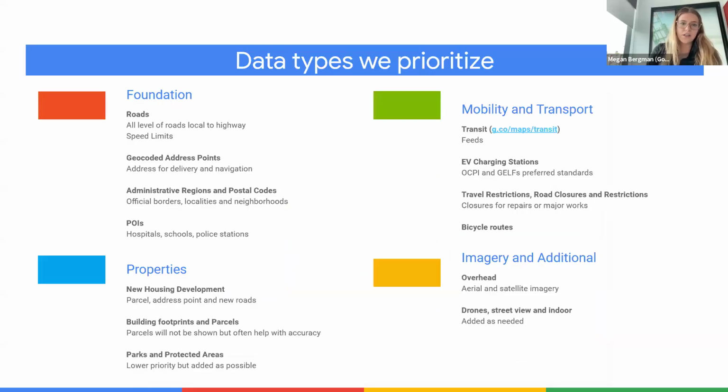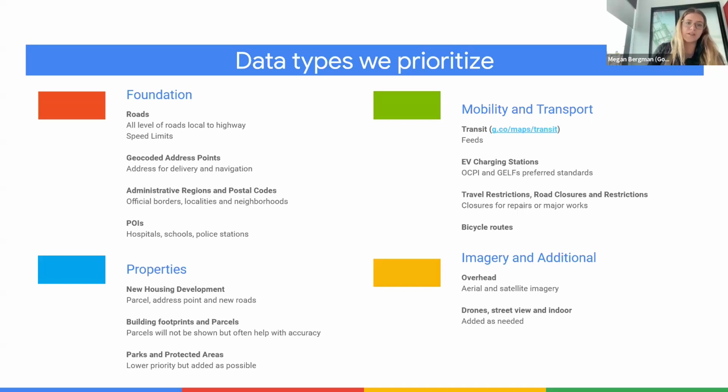As Holly touched on, there's a couple different foundational types of data that are really, really important for us. And those are really what we call base map features that get us from point A to point B. So those would be things like roads. This includes things like private restrictions on roads, surface type on roads, speed limits, road attributes in general there.